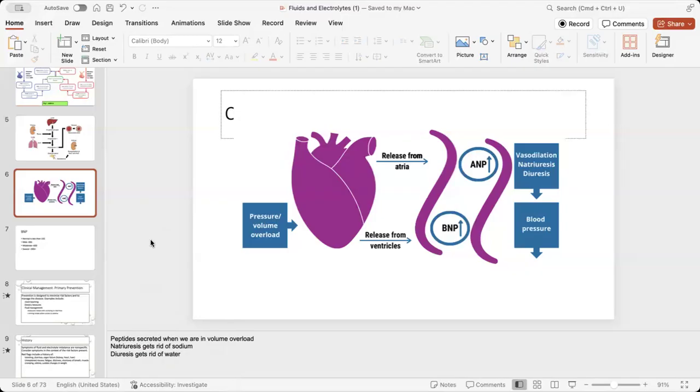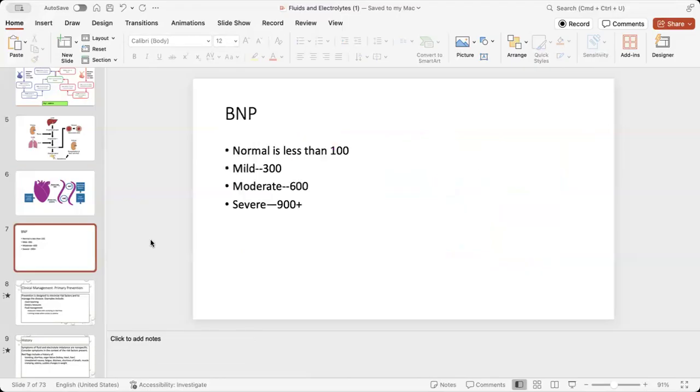So when you are out in clinical and you are caring for clients who come in with fluid overload, you will see that they often will draw a BNP. This is a lab diagnostic test that might help you figure out, does this client have fluid overload? Does this client have heart failure? Because over time, is the body going to respond like it should if there is an increase of the peptides of BNP? Over time, it might not. There might be so much fluid, the heart might not be working like it should. So we'll do a BNP.